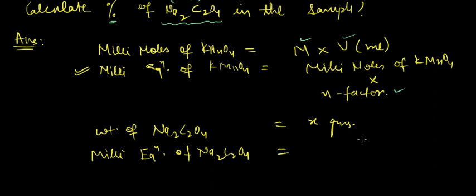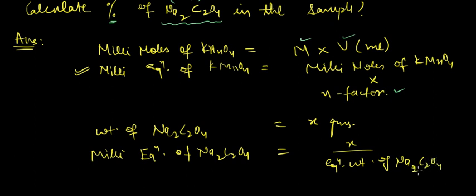Milli equivalents of Na2C2O4 would be weight of Na2C2O4 which is present in the sample, which is X grams, divided by equivalent weight of